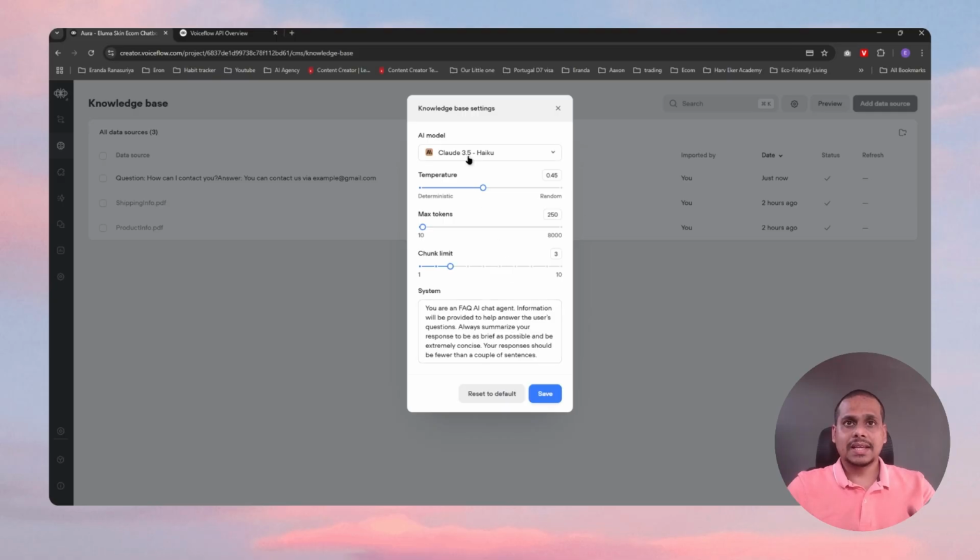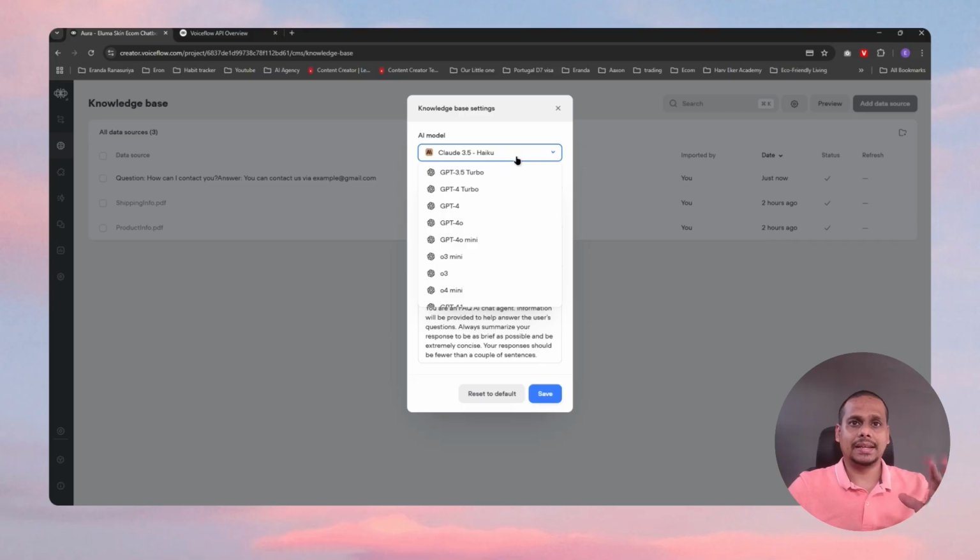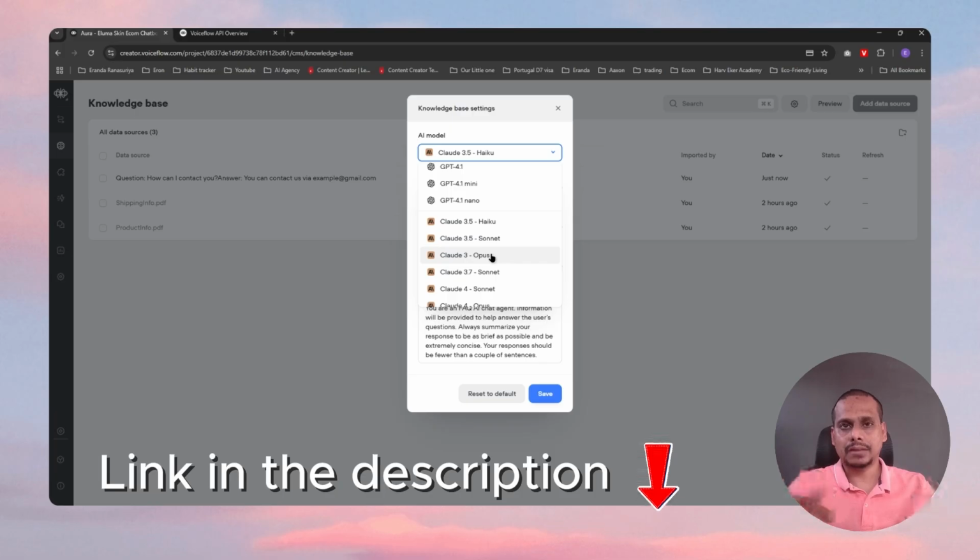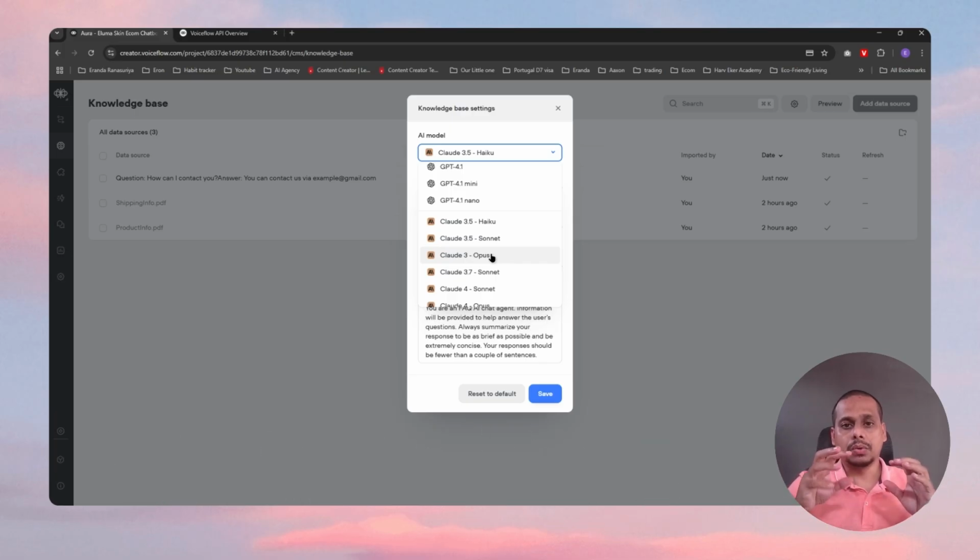So the cheaper models are, as you can see, Claude 3.5 Haiku, and GPT-4o Mini as well. There's very comprehensive documentation on Voiceflow. You can have a look when you want to choose the right AI model for different jobs in different places